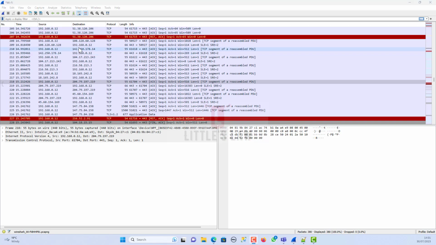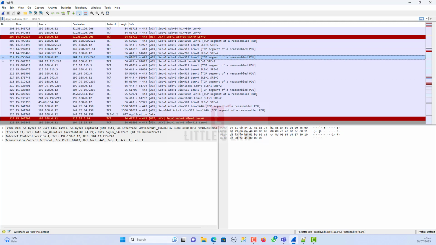So now let's take a closer look at the packet list pane in Wireshark. This pane shows a simple list of all the packets we have captured from the network. Here you can see the time, the source, the destination, the protocol, the length of each packet, and the information about these packets. Imagine it's like looking at a list of messages that travel through the internet, and each packet in the list represents a message. Like it can be an email or it can be a piece of data.